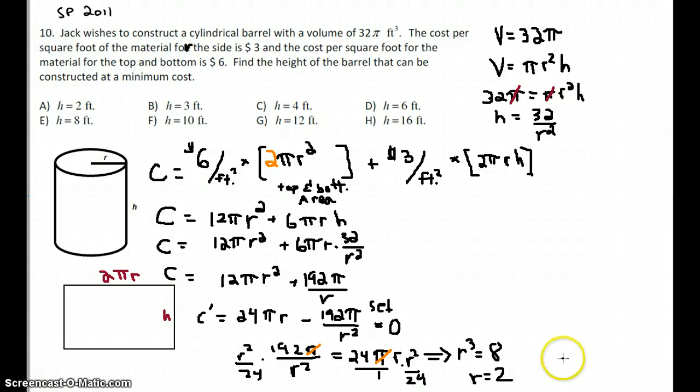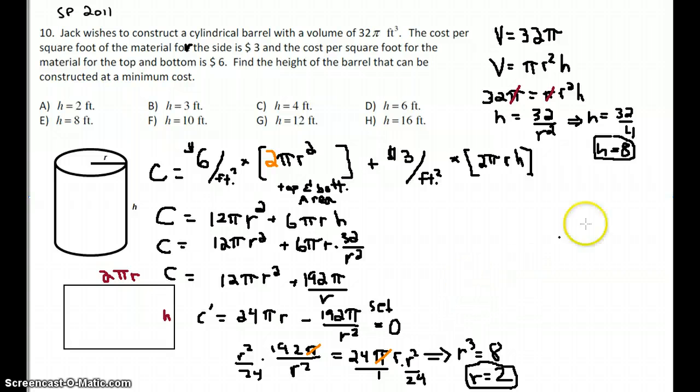They don't want the r, they want the height. And if r is 2, then h is 32 over 4. So h is 8. We haven't proved that we have minimized cost. We just proved that we have the derivative equal to 0. So for the last 2 points, 8 out of 10 total right now, we take the